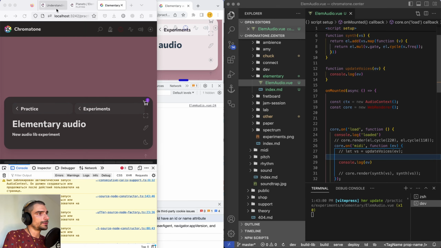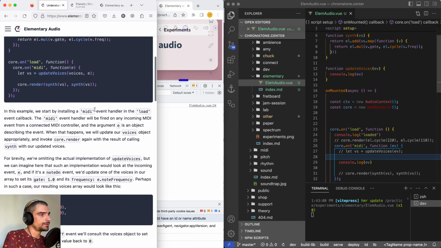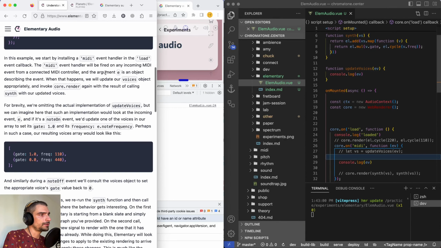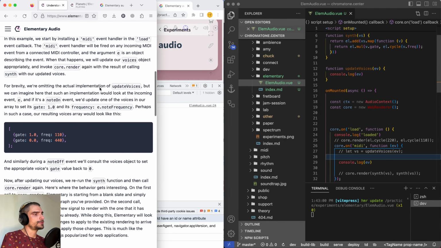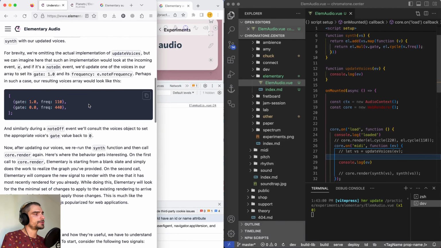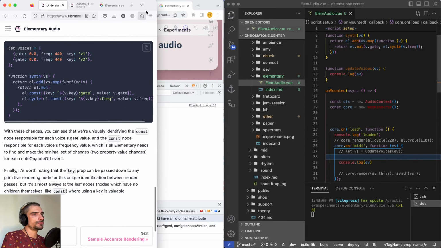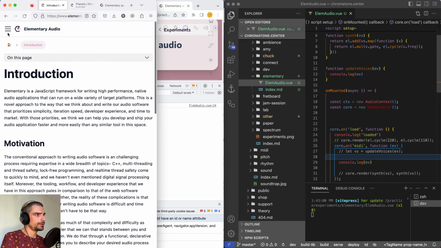That's a pity. That's not very good. We don't see any installing MIDI event handler in the load. Fired any incoming from the connected and the argument. Yeah, voices, actual implementation is omitted. So not much MIDI information, but let's go to core and